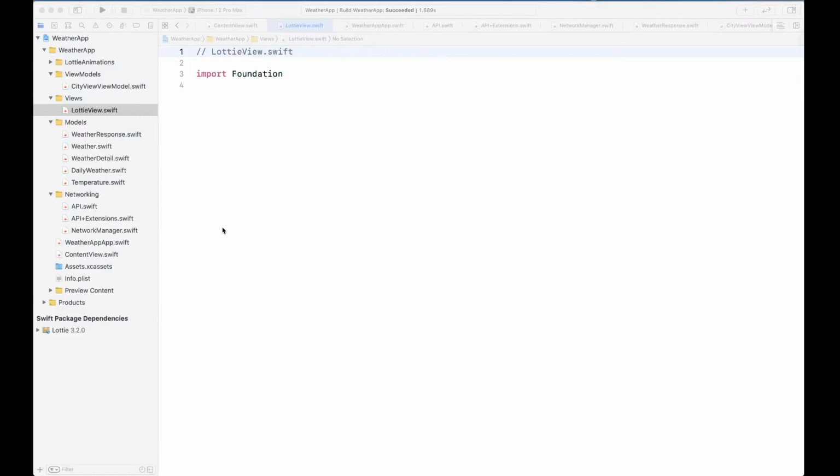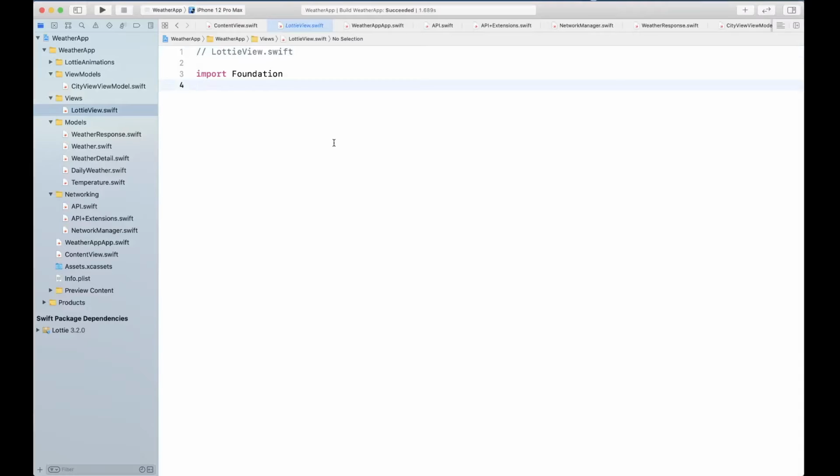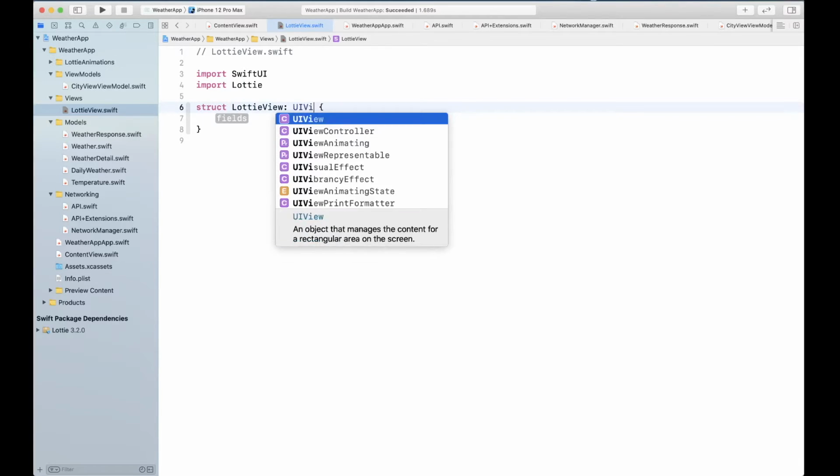Lottie is still not written in SwiftUI, so we have to write a SwiftUI version of this, which we can do easily using UIViewRepresentable. So first we're going to import SwiftUI, then import Lottie, and then we're going to create a struct LottieView,